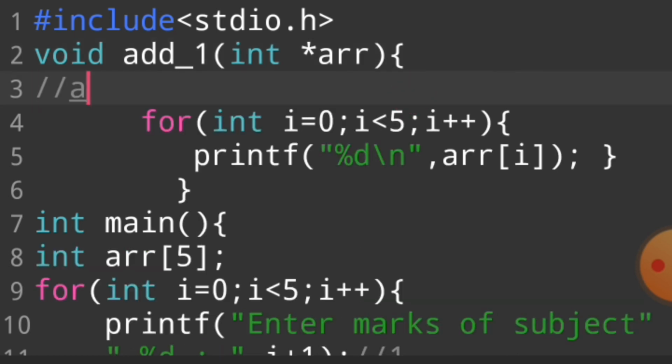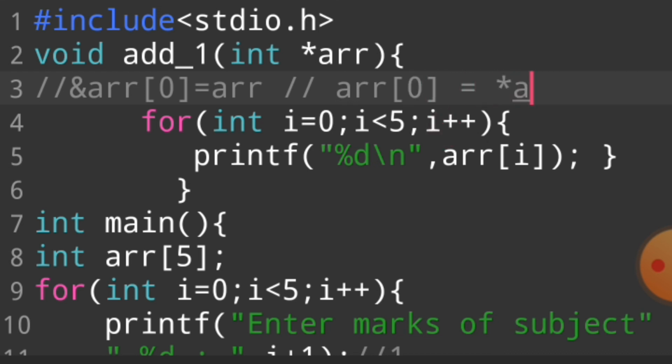I pass the address of arr 0. arr 0 is equal to arr, and arr 0 is equal to pointer arr. I hope you understand why I write pointer in this area. Then we initialize I equal to 0, I less than 5, I plus plus, arr 0. In this arr 0 whichever value is stored, our pointer executes this program.